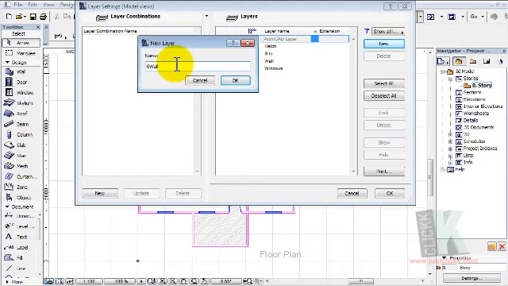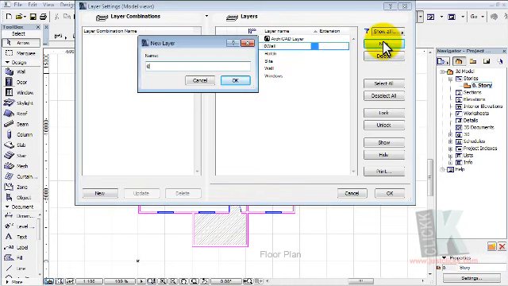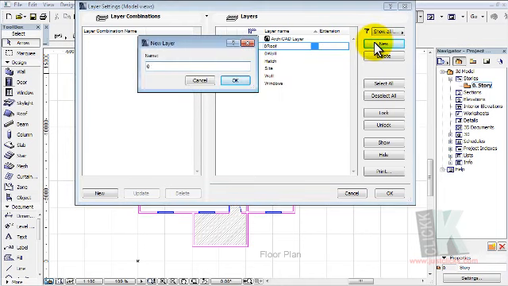0 wall, 0 roof, sorry, too much zeros there. 0 door, 0 wing, 0 slab, 0 green, 0